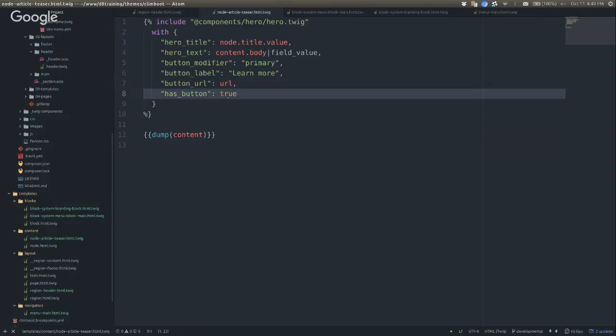I'm just piping in a Boolean here on the pattern itself. It's looking for whether or not it's true, so it will render out this button. Maybe you might have a hero that doesn't have a button or URL attached to it. So when I included this template in,